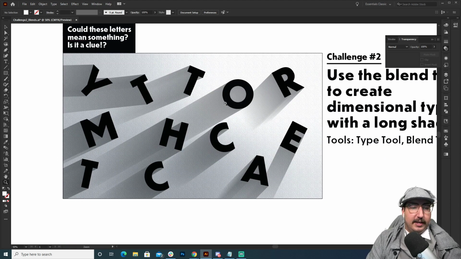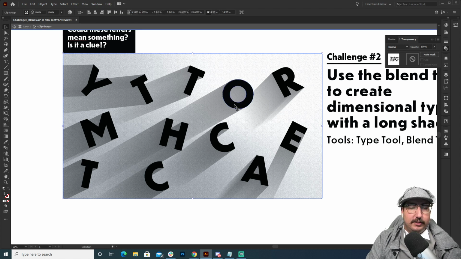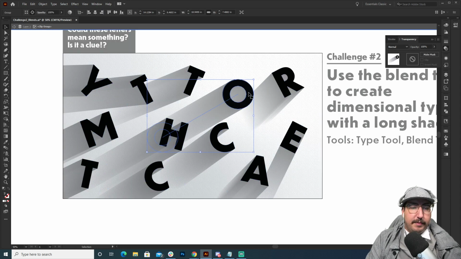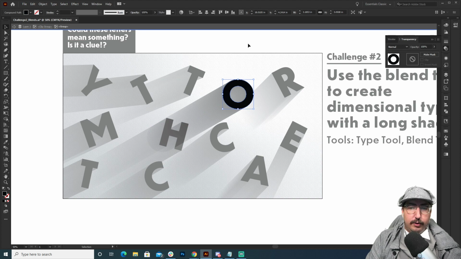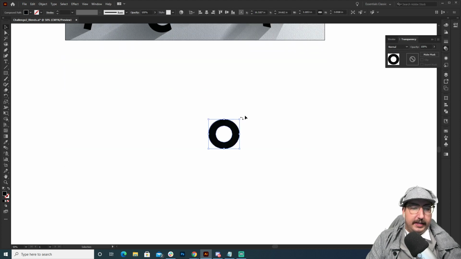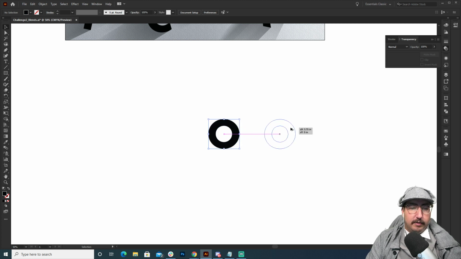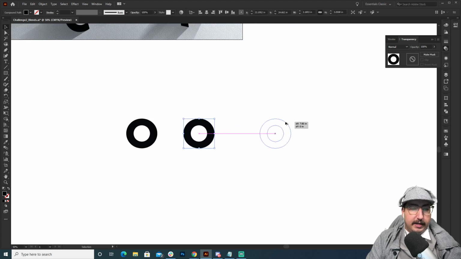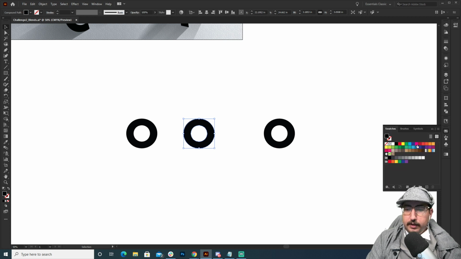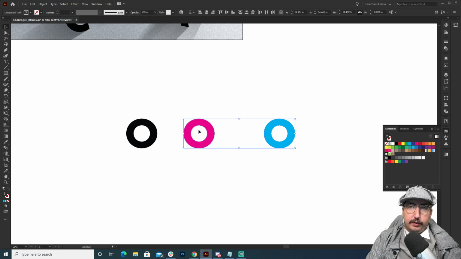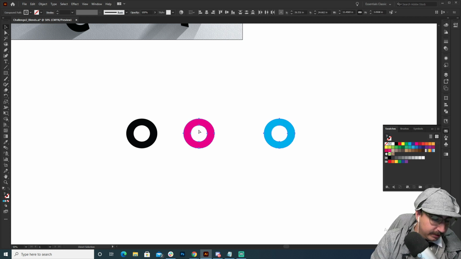Let's say that we want a wavy shadow. This is going to be so crazy. We can grab our letter here. We're going to grab the O, and I'm going to paste it down here. All right, so pretty crazy. Let's do our blend. Now what we're going to do is make a blend of 2 colors. So let's say that we want pink and blue. So we are going to grab these 2. We are going to Command-Shift-B,